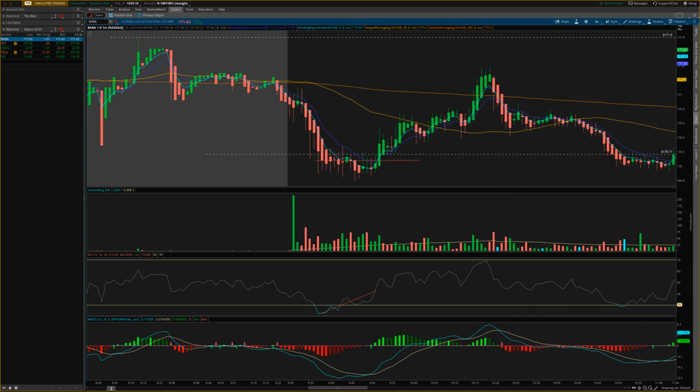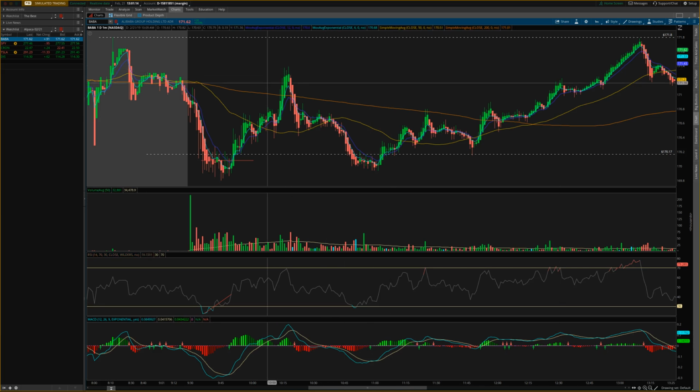So again, as you can see, this right here was an awesome play. Like, this was a great play. If you would have gone in here at 170.17 and ridden it all the way up to 171.4, that would have been $1.23 that you could have made with a contract, right? So now, remembering this 170.17 and having this in mind, and again, we're on the 1 minute chart,